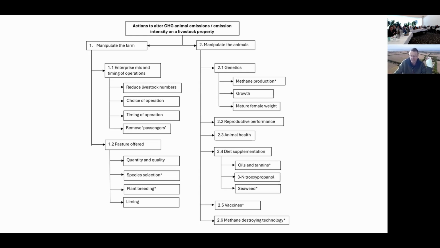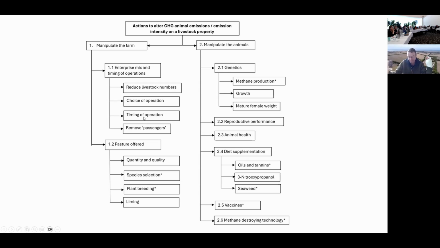So just have a bit of a play around with that, putting aside the logistics of actually making that work, and the effort and everything else that goes into it and all the other flow-on effects from that, if you're just playing around with numbers and when things happen, and the timing of that can make a difference. The timing of when you sell animals can make a difference if you're holding them on and they're growing slower over a period of time because you want to get bullocks rather than steers off or whatever it might be. So worth having a bit of a play with that.